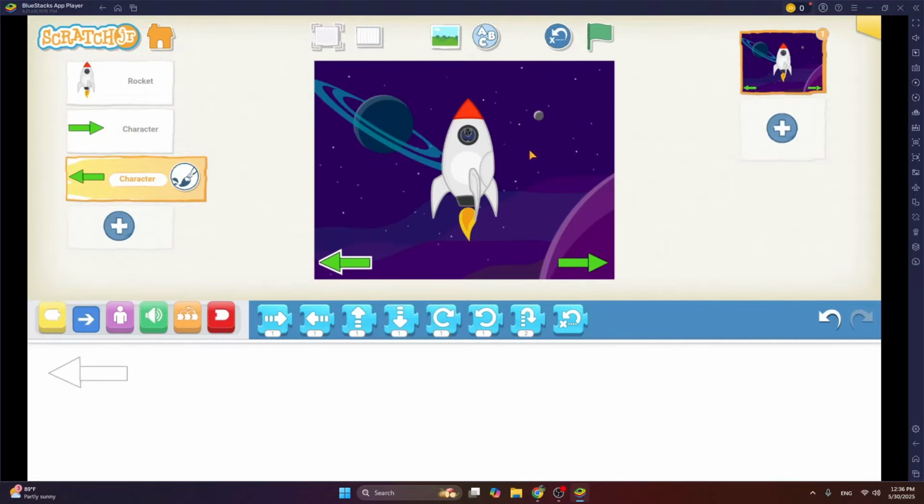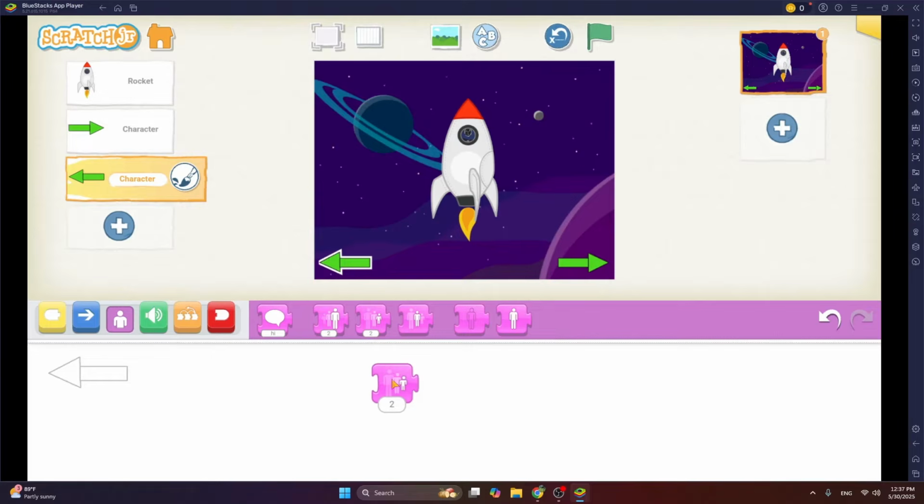Okay. Now we need to make all these characters a bit small because they are quite big for our game at the moment. So the trick to do it is by using the shrink block. Okay. The shrink block is inside these purple look blocks. And right now my left arrow is chosen. So what I'm going to do is bring this shrink block down and tap on it